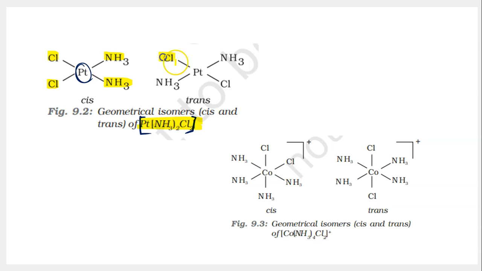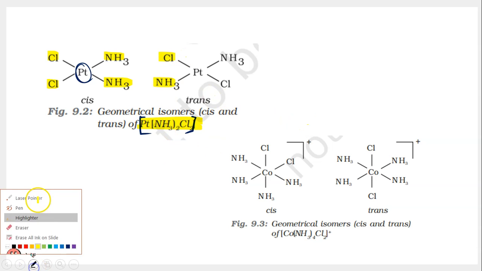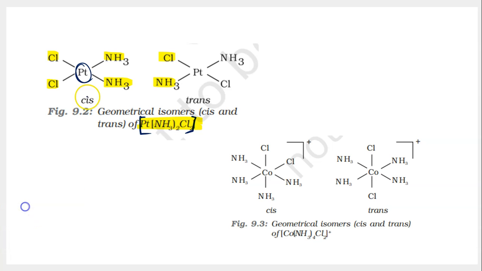Possibility number 2 is taking 1 chlorine and 1 ammonia on each side. Other than these 2 possibilities, other than possibility number 1 and possibility number 2, you check and tell me if there is any other possibility. If you are now going to say that we can also arrange it in this way,